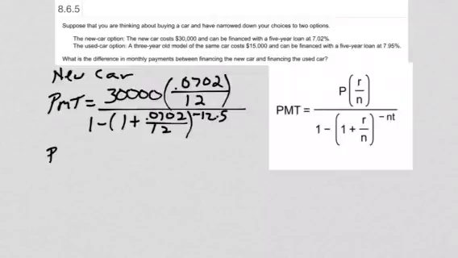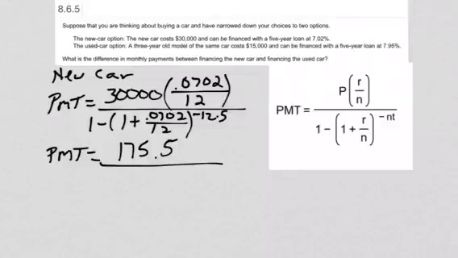Alright, so that gives me a PMT of 30,000 times 0.0702 divided by 12. That gives me 175.5 on top. And now I'm just going to calculate the whole entire bottom together as a whole first. So first thing I did, I just did 0.0702 divided by 12, added 1 to that, then raised that to the negative 60th power, and then I subtracted that value from 1, and I got